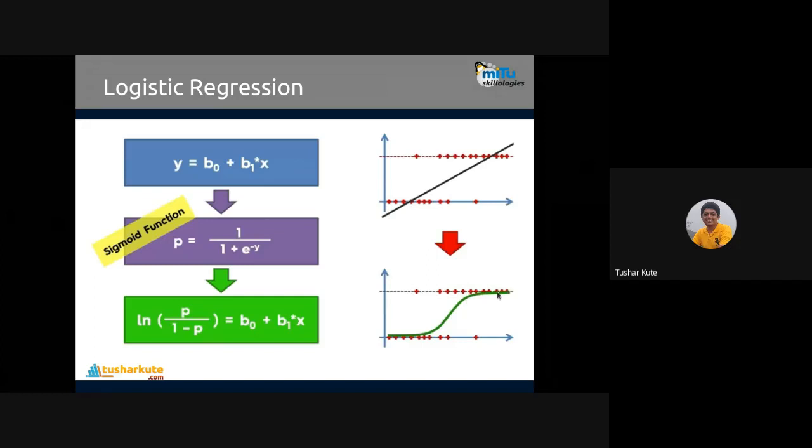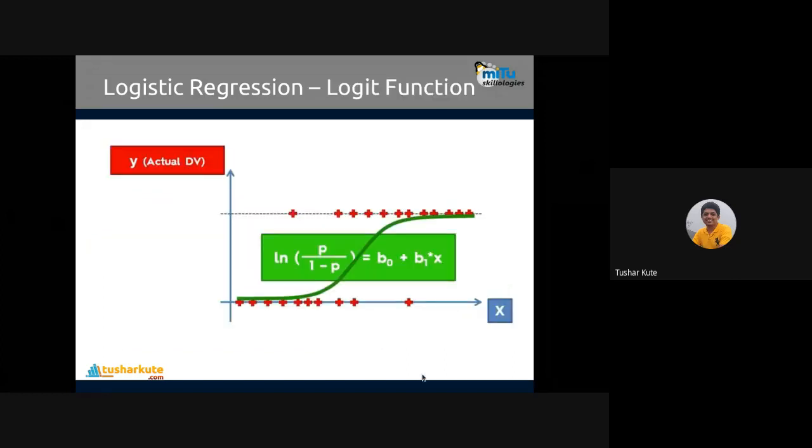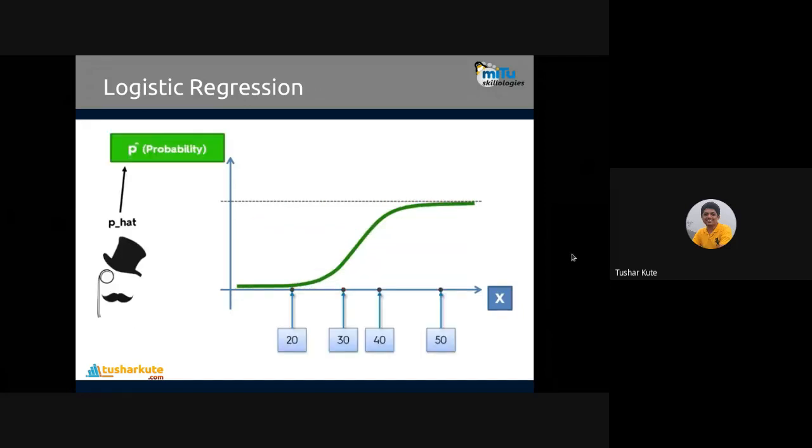So rather than using a linear model like this, we'll be using a model like this, by using the formula of the natural logarithm of p divided by 1 minus p, where p is the sigmoid function. And we have the model something like that. Here we have 1, here we have 0. Now, how is it possible to do the prediction? This is the logistic function, the sigmoid function. Here we have the actual value, the output variable y, and here we have the input variable, and the formula we use to create this logistic model is like this, between this range.